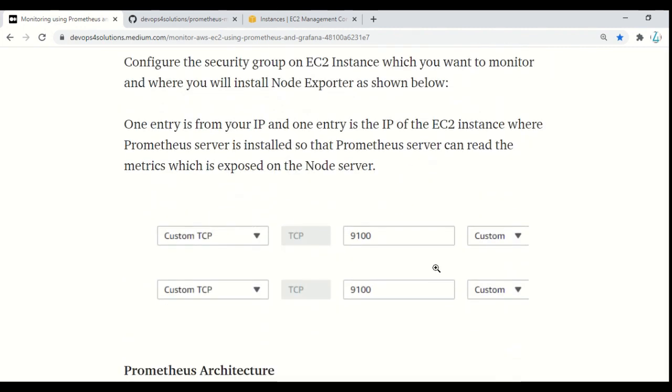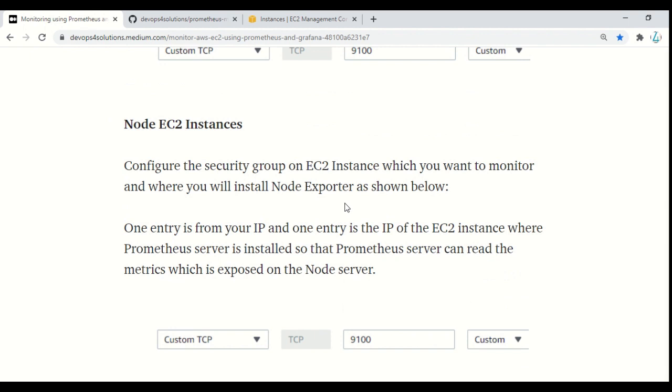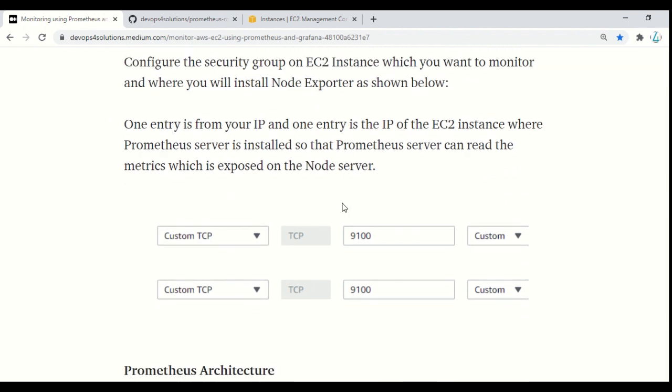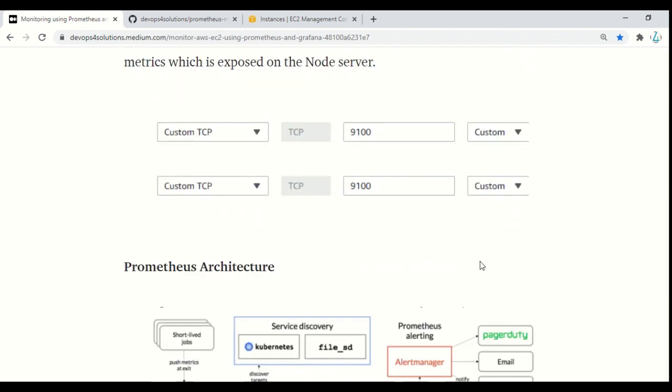Here you need to make sure that for your node EC2 instances, because the Prometheus server has to access them, you open port 9100 for the custom IP of your EC2 instances. Instead of only your own IP, you need to add one more IP, which should be your EC2 instance.